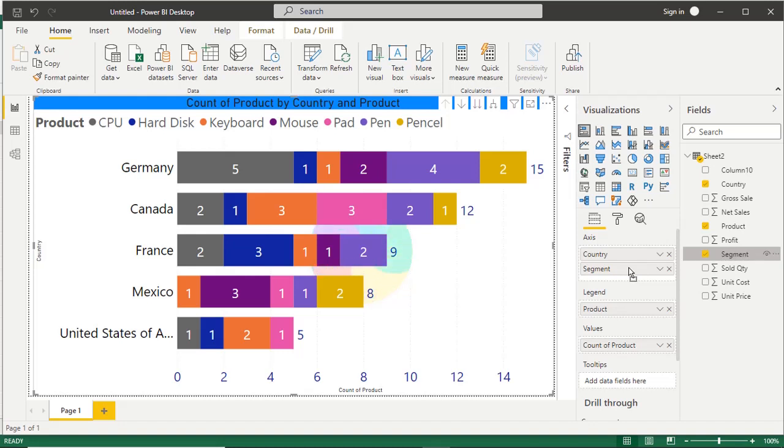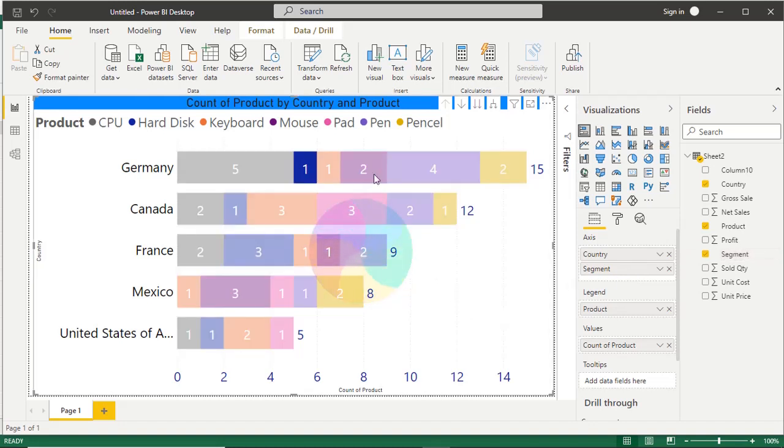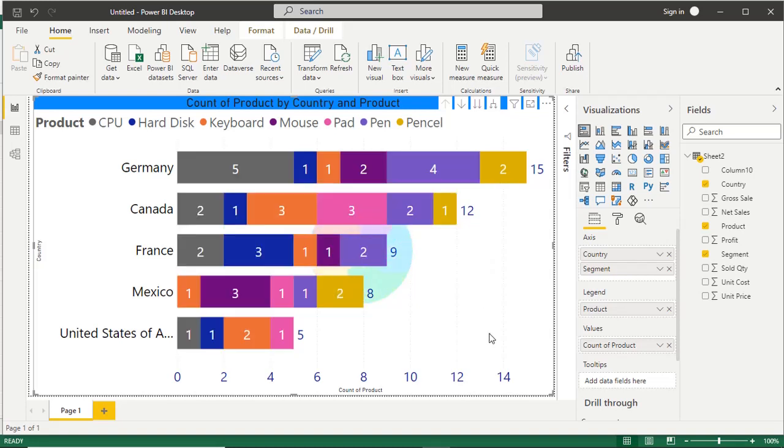Now if you click anywhere, it's not working because your drill down option is disabled. So make it enabled. How? This option you can see, click to turn on the drill down. Now your drill down option is enabled.